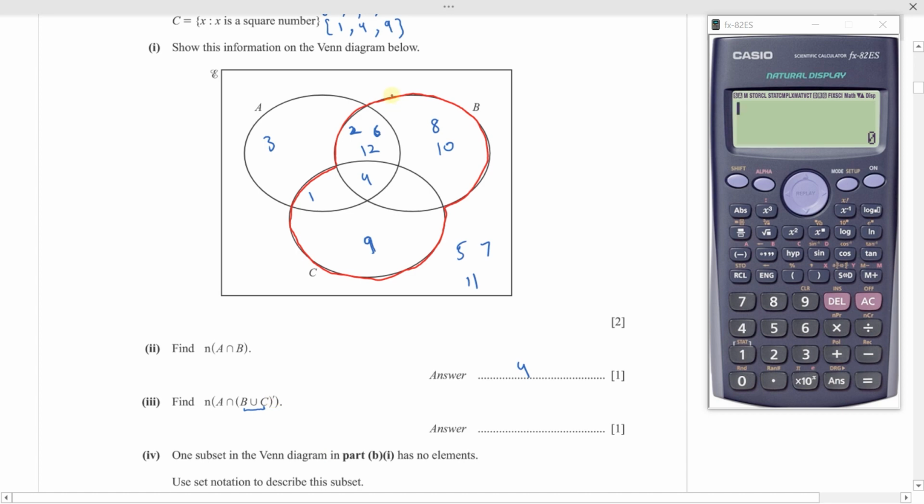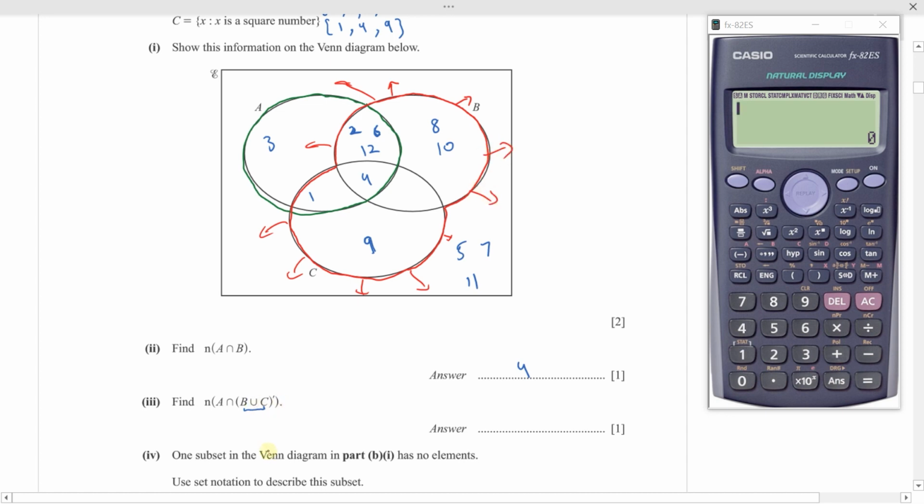And then complement is everything outside of this red boundary that I have drawn. So B union C complement will be outside of this red boundary. And then you have to find the intersection with A. So everything outside, intersection with A. So A is this one here. So the common region that is outside of this red. So everything outside here is